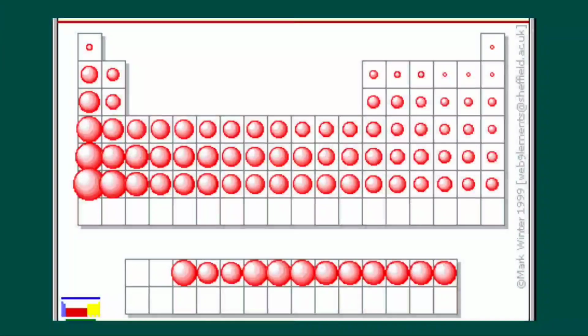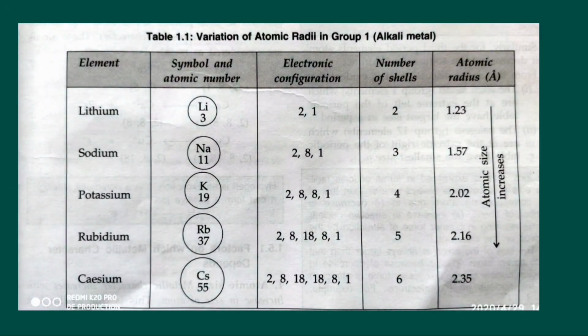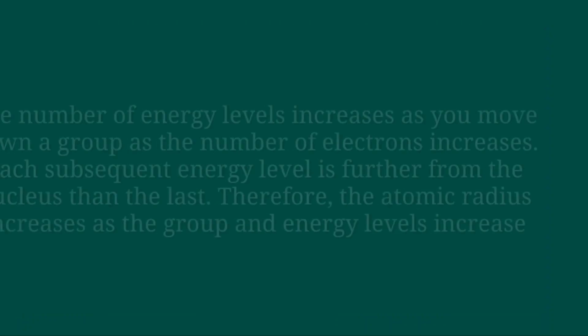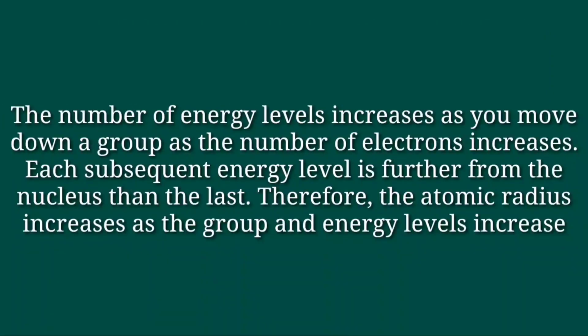The atomic size of an atom increases with the atomic number as we move from top to bottom in a group. For example, the atomic radius of the alkali metals from group 1 increases regularly as we move down the group. The reason is that as we move down a group, a new energy shell is added at each succeeding element, though the number of electrons in the outermost shell remains the same. Thus, the atomic size of an element increases as we go down the group.